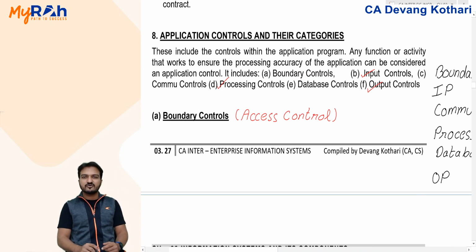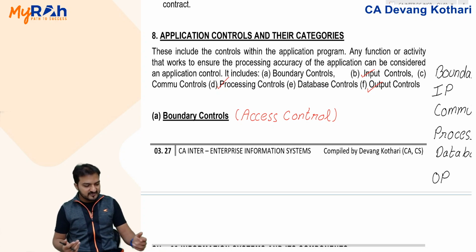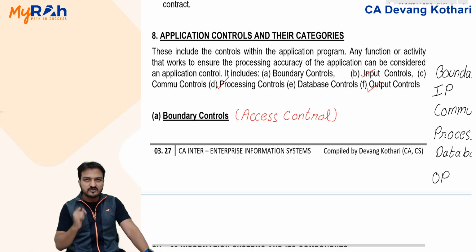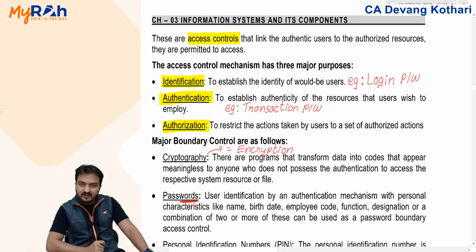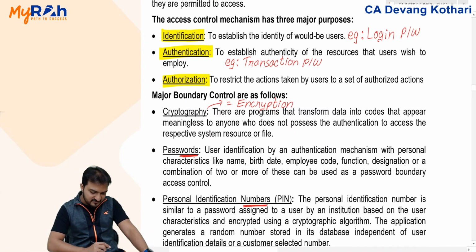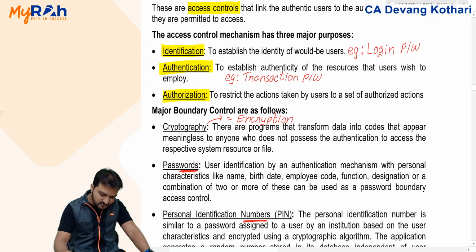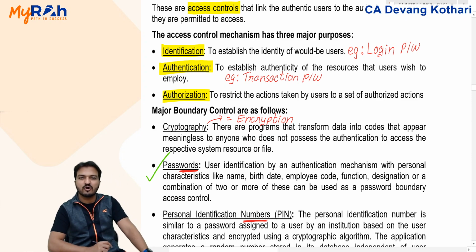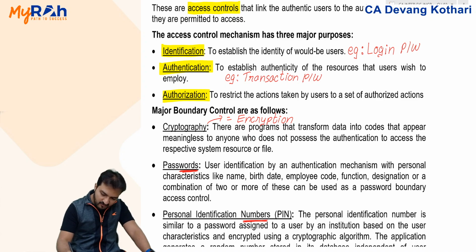Basically, access control is to prevent unauthorized access. Simplest way, the access control is to prevent unauthorized access. Tell me, how to prevent unauthorized access? Well, the easiest way, the most common method to prevent unauthorized access would be by using passwords. The use of passwords is the most common way to prevent unauthorized access, but within your topic of access control